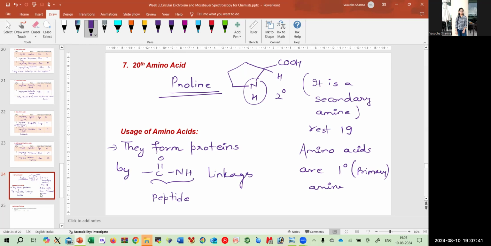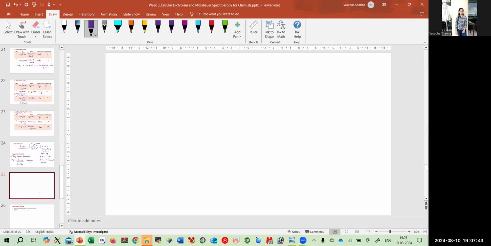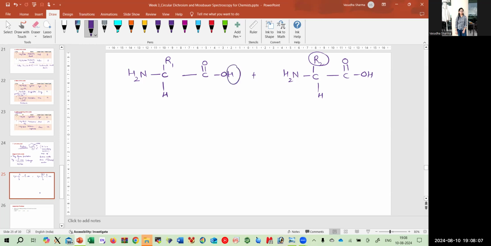How do they form it? If I have NH2, C, R1, H, C double bond O, OH, plus another group NH2, C, R2, this would be different, and COOH. Both are primary amines, and this OH and this H, when they undergo condensation,